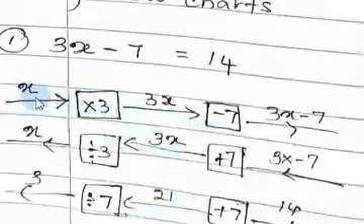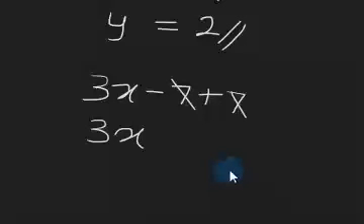Above, how do we obtain 3x? You have to multiply 3 by x. Here you have to convert 3x into x. So what you have to do? You have to do the opposite mathematical operation. So you divide 3x by 3. Then you get x. Here 3x divided by 3, the answer is x.